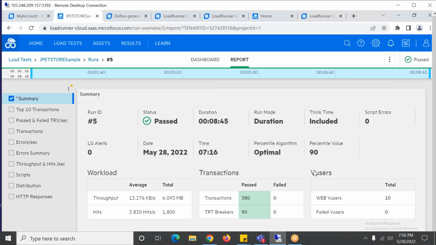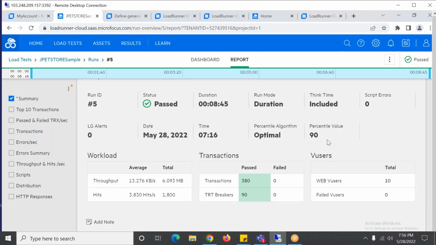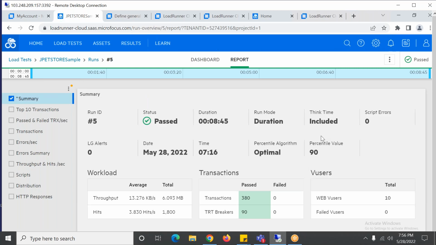You can see the report. The status is passed. Duration is 8 minutes 45 seconds. The mode we have selected is duration, and we have selected the 99 percentile, and we do have the option of selecting which percentile as well. If you select all the options, we get the reports generated with all of this.